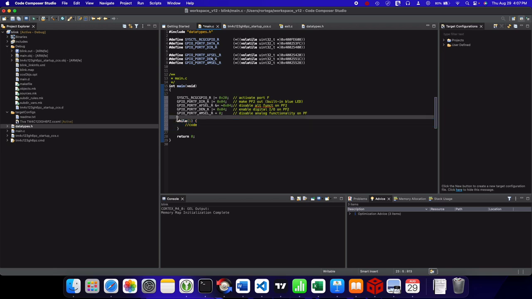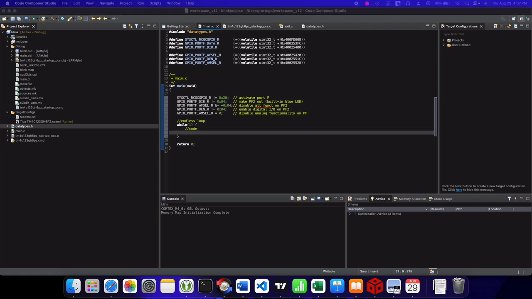This is called, and I'm going to put here, this is called an endless loop. Why? Because it will always execute, it will always be true. We will always run until we decide to stop the code. And what I'm going to do is